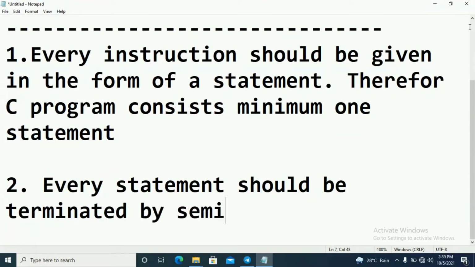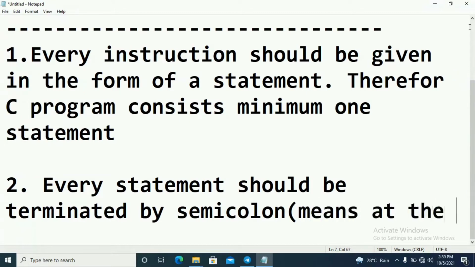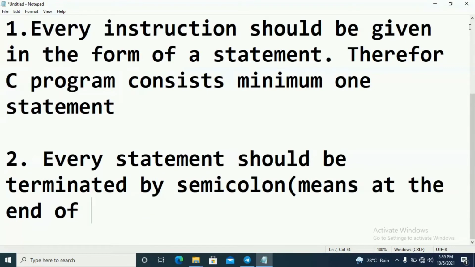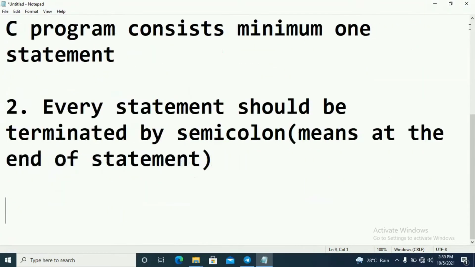Every statement should be terminated by a semicolon, means at the end of the statement.